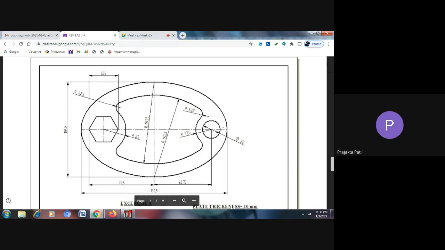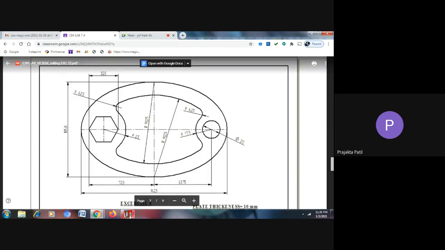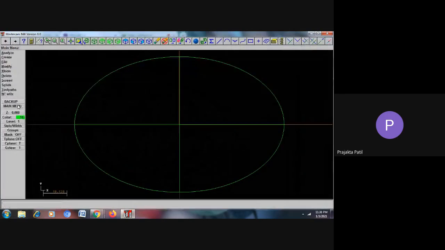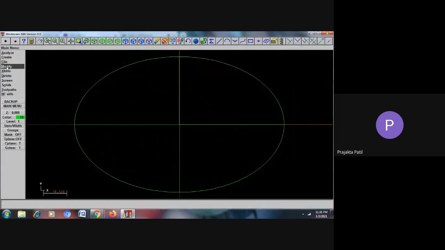That means this gap, this distance here is 17.5. So let me mark that. How can I do that? I can go to this option modify and break the line at a length. This is the line, and I will break this at a length of 17.5 and say enter. You can see this line has got broken here.